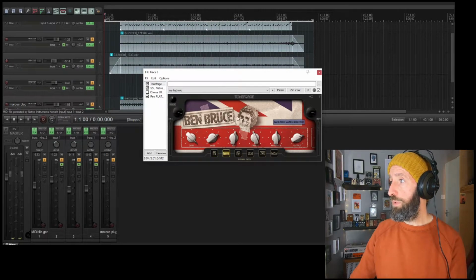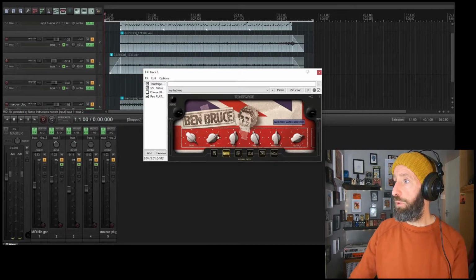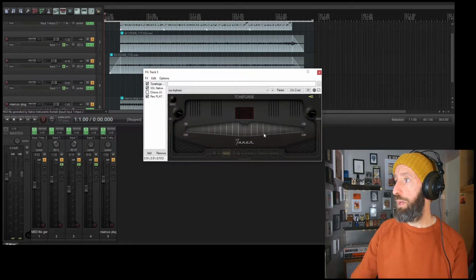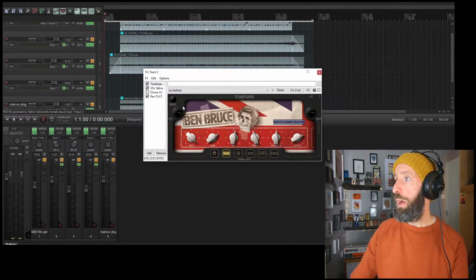So this is the main page, the main amp front, Ben Bruce. You've got gain, bass, mid, treble, presence and output. You've also got an input trim and a master output trim. On here you've also got a tuner, which you can see there. And then if we go through,